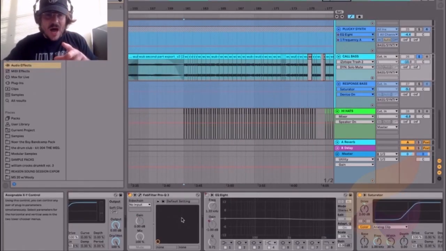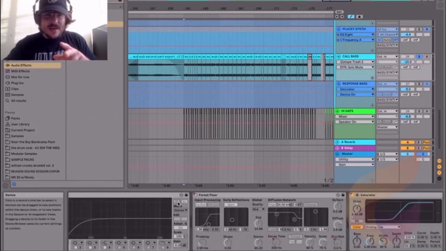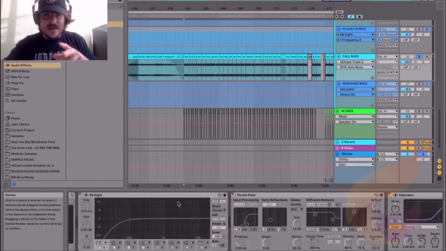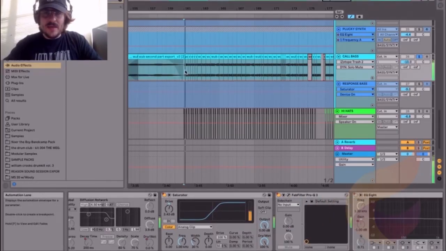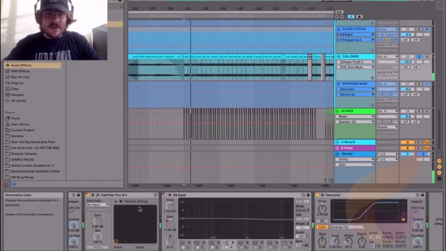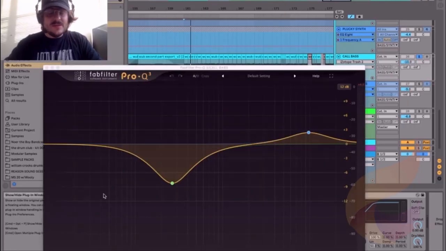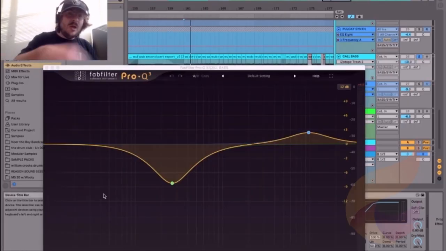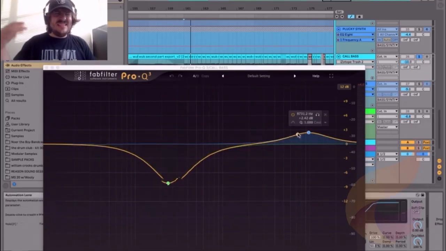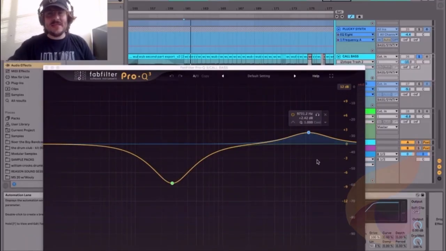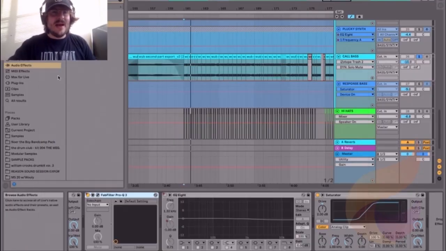But then I've gone and I've added some saturation. I've done some extra EQing to it. So if we take a look at this FabFilter at the end, let's check it out. So this, going back to scooping out the low mids of a bass. So I'm really just scooping out again. And I wanted to get that nice, bright, crisp top end to this bass. So I'm doing a bit of a boost there. And